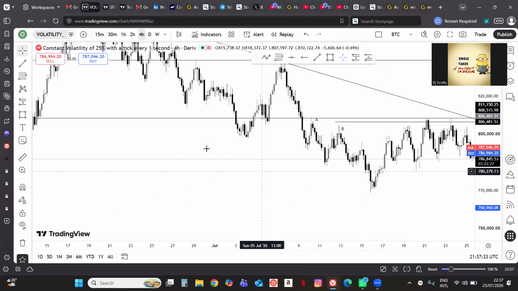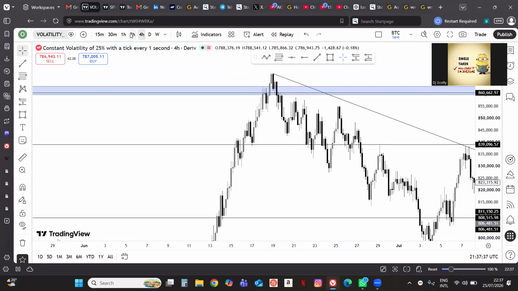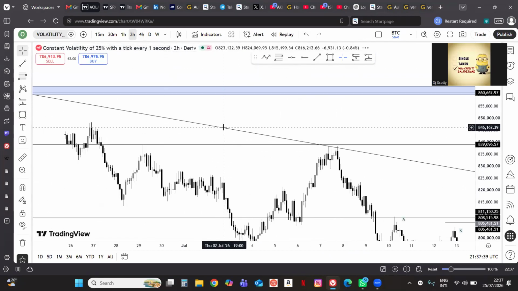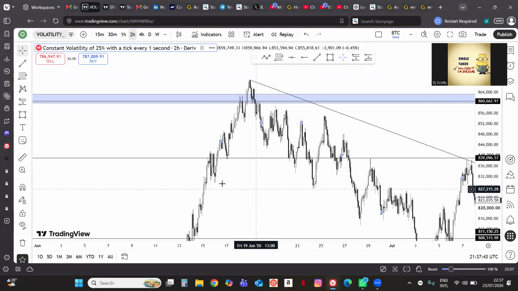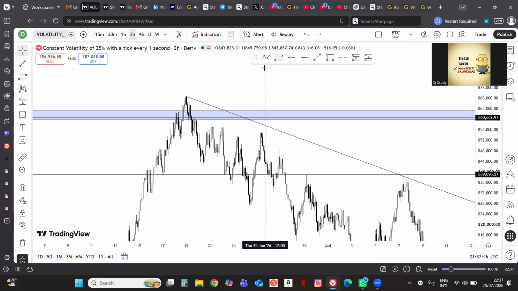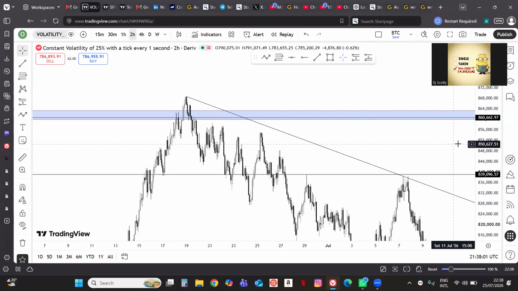So now let's look at it again from this perspective. Let's go to 2 hours and see. I feel like if we do more chart examples, it's going to make it easy. So from here you have this sweep here. Sorry, hold on. Okay, good. From here you have